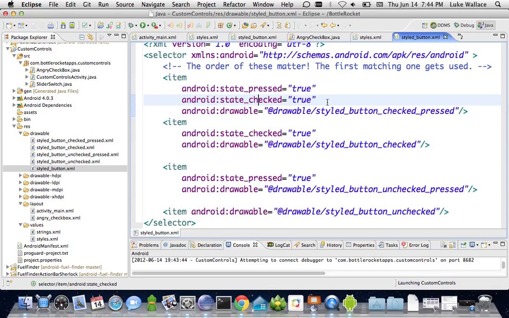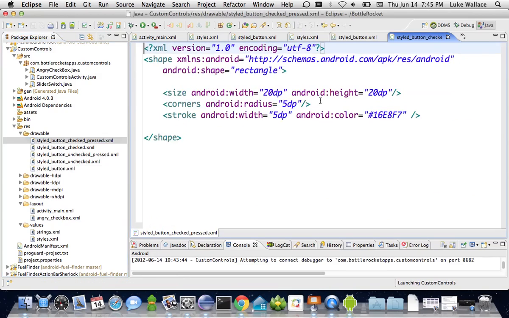And so this is a critical note: if the state pressed is true and it's checked, we want to draw this drawable. And to show you what that drawable looks like, style button checked pressed, this is a shape